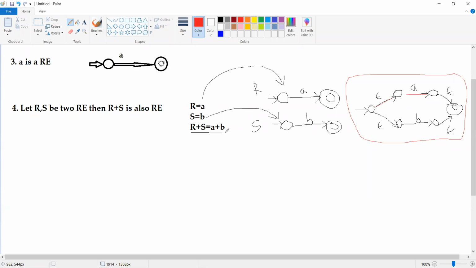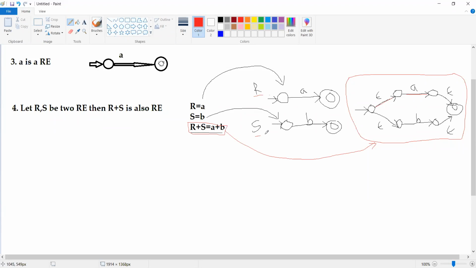What is the purpose of using this R plus S, which is nothing but A union B? We need to construct a new finite automata which will recognize either A or B. Please remember, the idea is very simple. Initially we construct the automatas R and S individually.